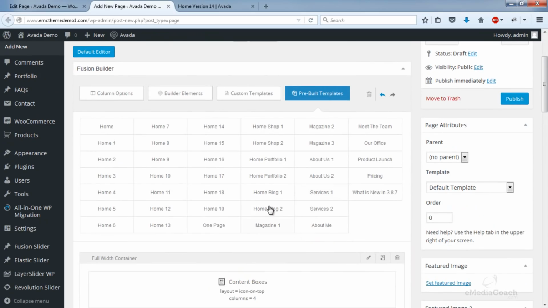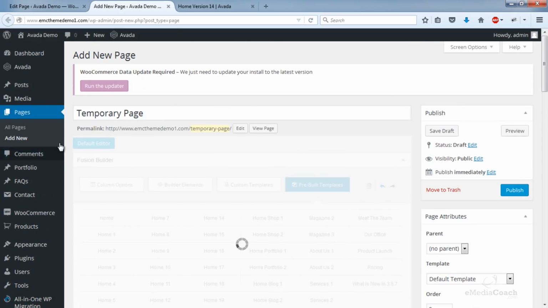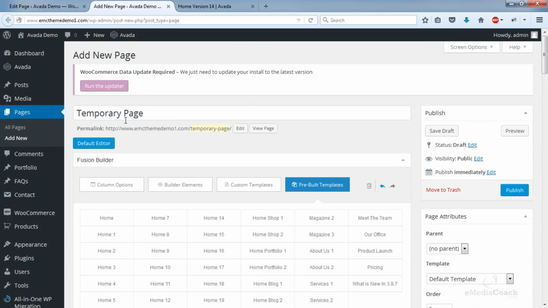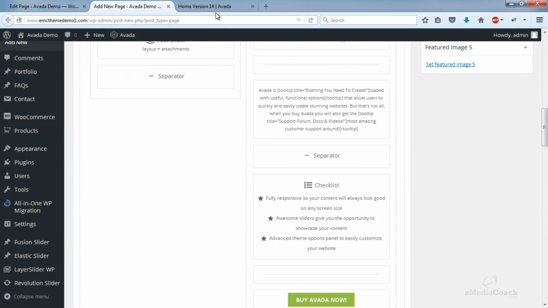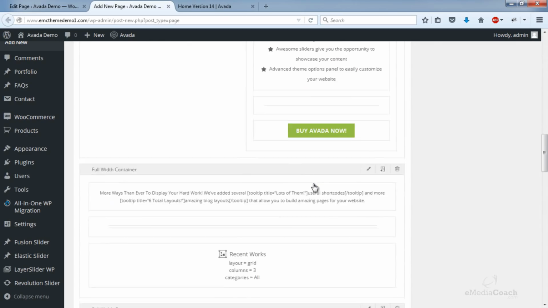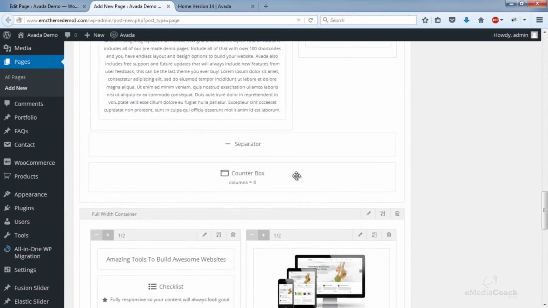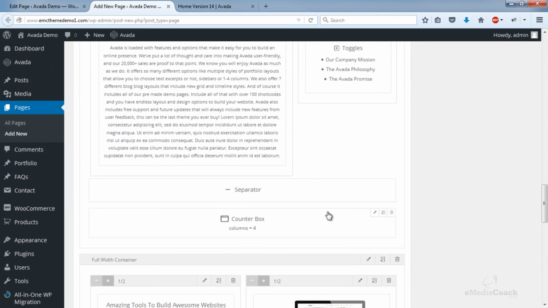So I'll load up home page 14 in my temporary page. And it should be this here, the counter box.